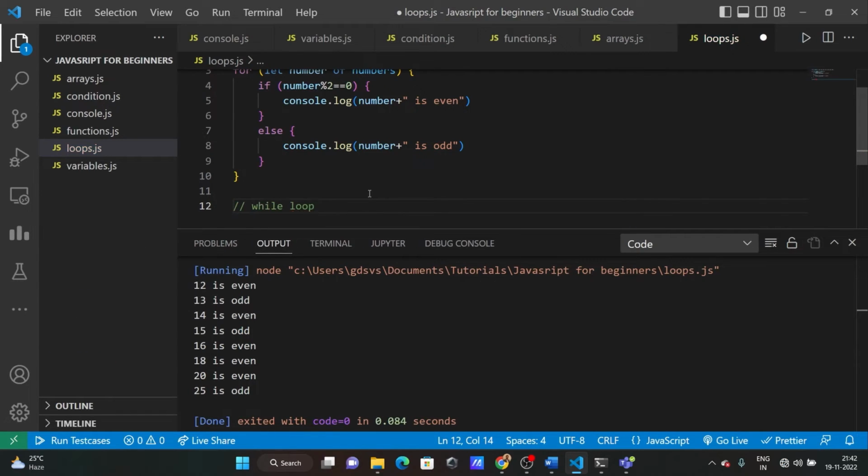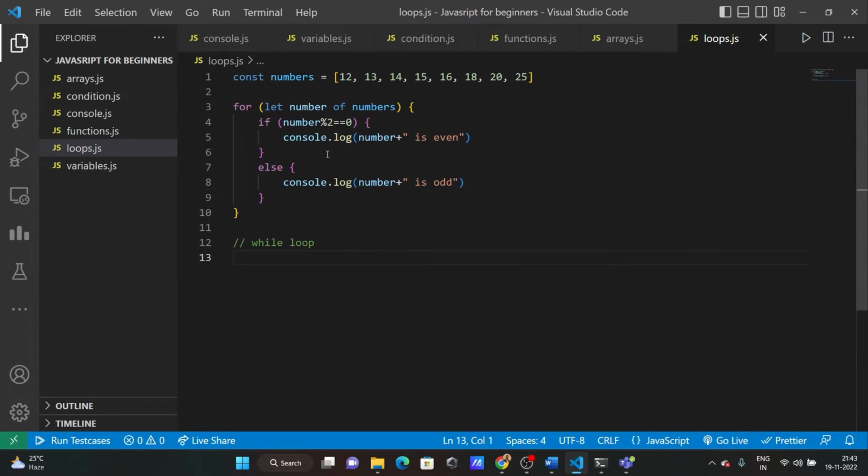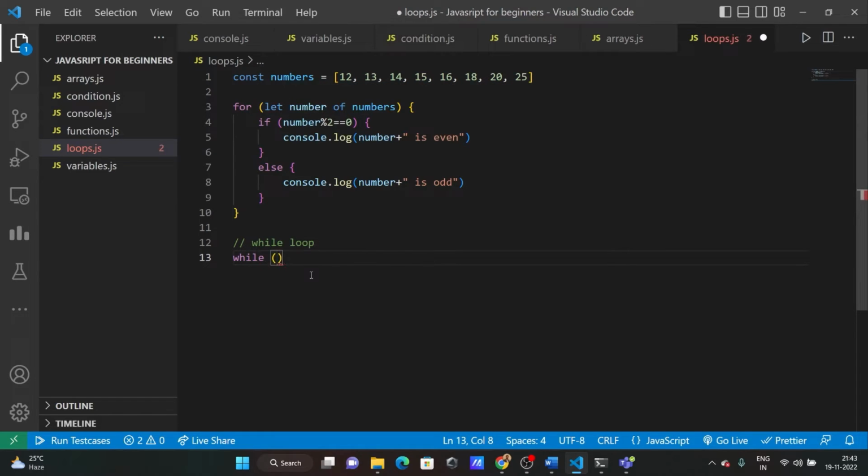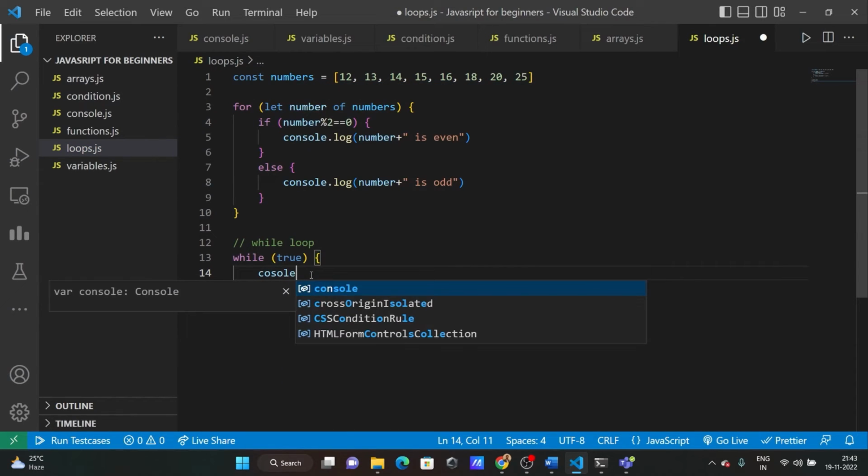Let's see how while loop works. Both for loop and while loop work in a different way. For loop works by incrementing or decrementing a value, whereas while loop works using a condition. Let's see how while loop is initialized. For doing that, you have the while keyword and inside brackets, just give the condition. Suppose I give true, and if I do console.log here,